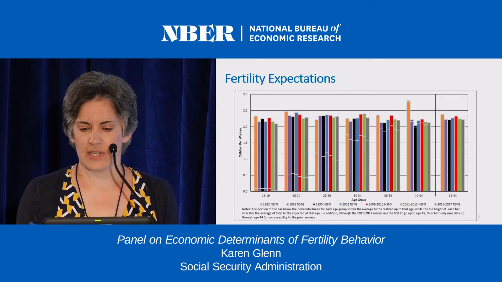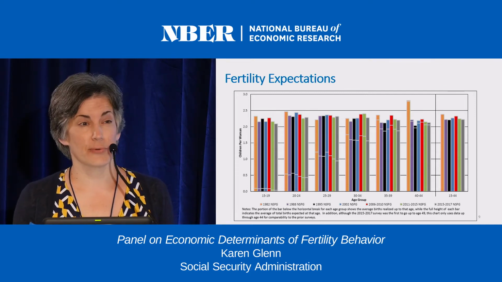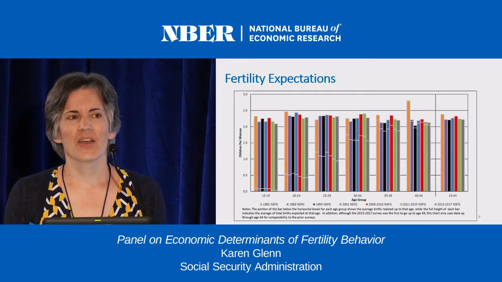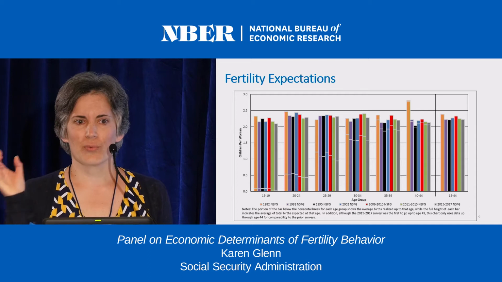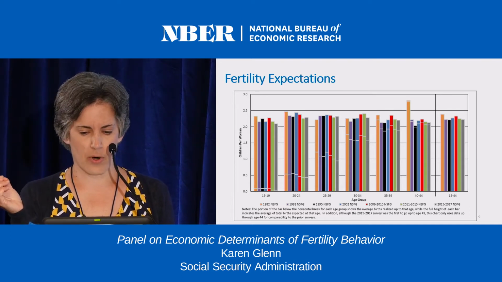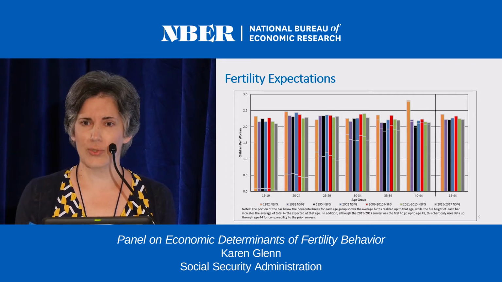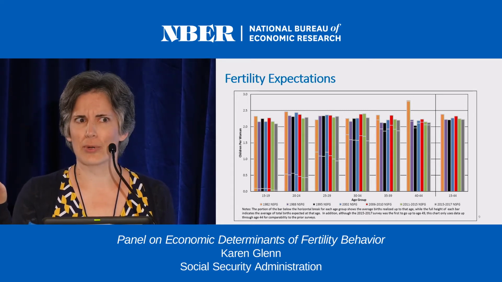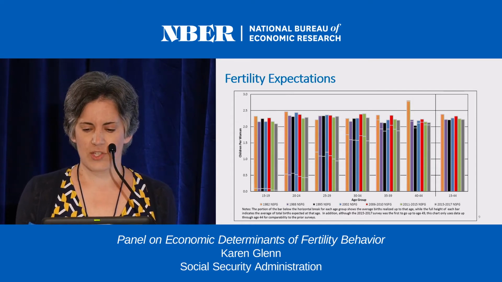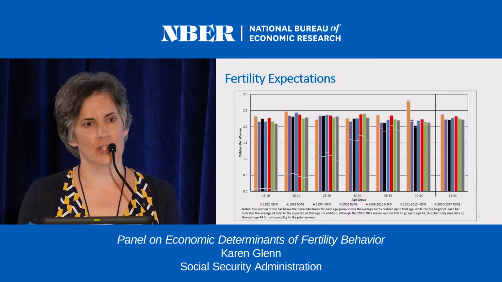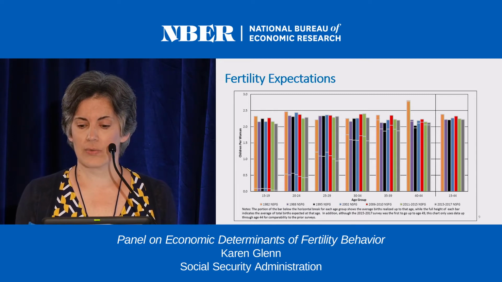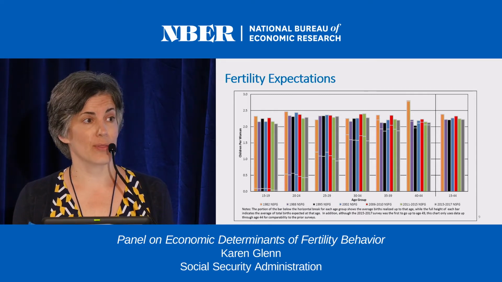One thing that jumps out is the orange line for ages 40 to 44. First time I saw that, I said, what is going on there? It's actually that these women were really having their children during the baby boom. So they were 40 to 44 in 1982. They were having a lot of births back then. So that's what that is. The thing to note is that expectations have fluctuated a bit, but generally they're over 2.0 and really in the level of 2.2 to 2.3.